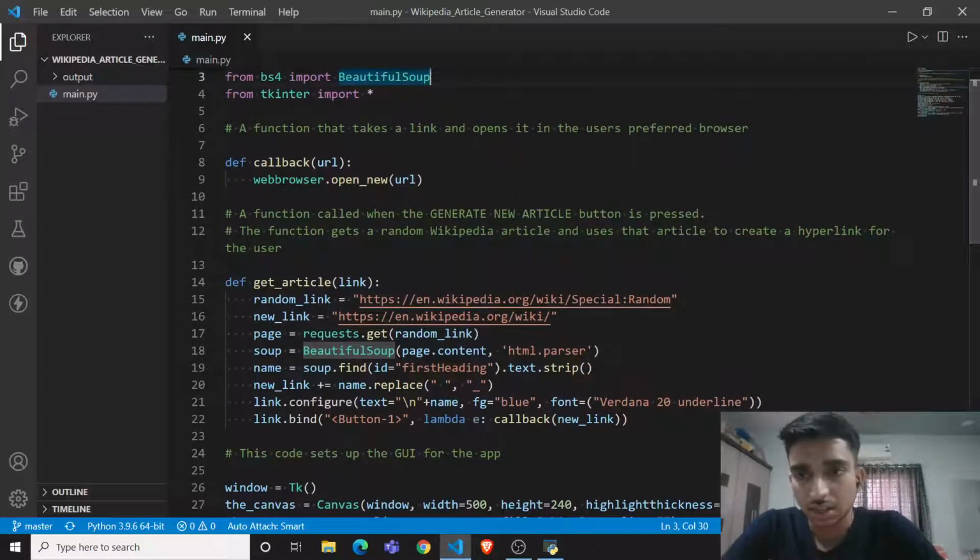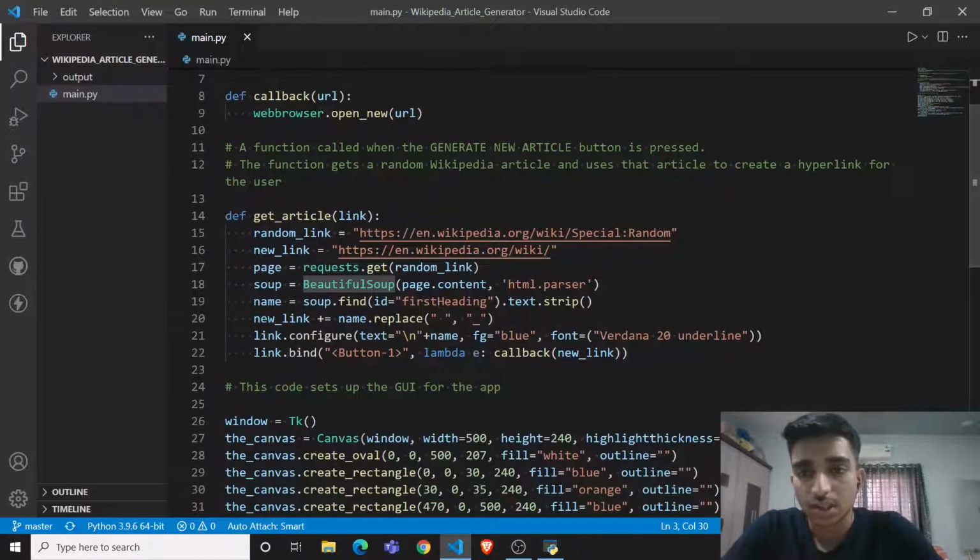Then I created a get article function. In this, first of all, I pass the random Wikipedia article link to the random link variable. This link will give a new link for a random Wikipedia article.